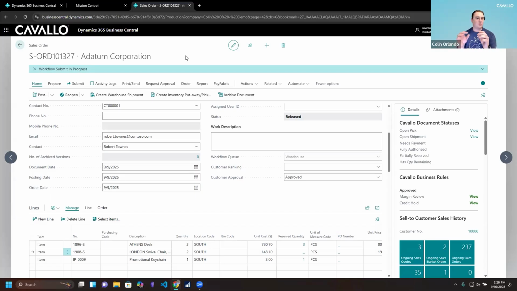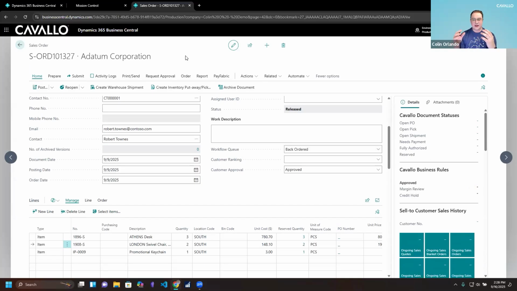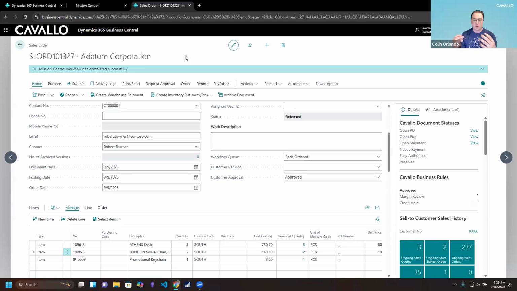That part is super critical in Business Central because the way reservations work inside of BC is that the quantity available to a user is actually what's in the warehouse, what's coming in on purchase orders, what's on site to site transfers, and what's on returns. So I could technically be committing inventory to an order as a sales rep that isn't actually in my site. And by having a workflow tool that tells you when to reserve inventory, and also if you're creating a back order and PO scenario, linking that back to the sales line directly right away, you're ensuring that A, we understand this is coming in on a purchase order, not currently in the warehouse, and B, no other sales rep can take the inventory and allocate it for their own order.